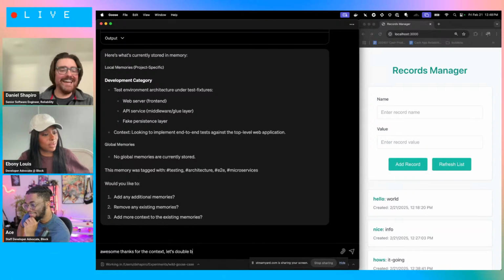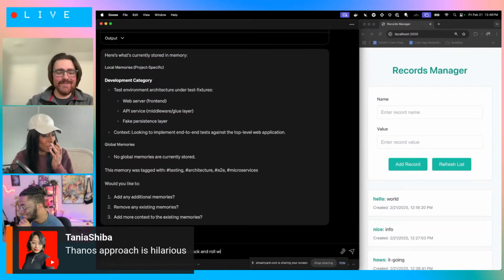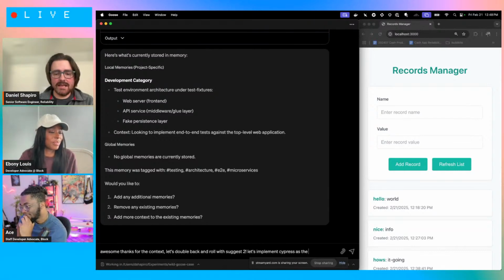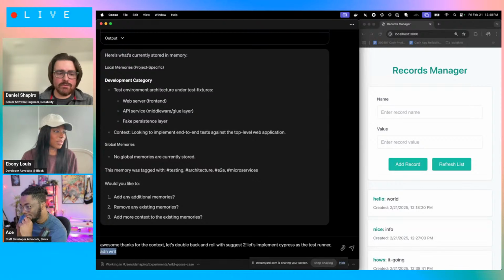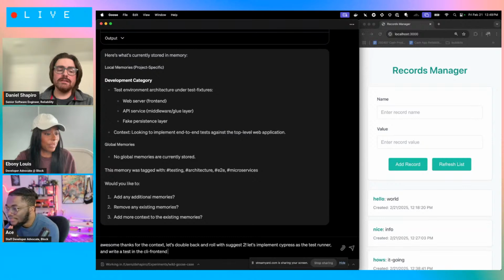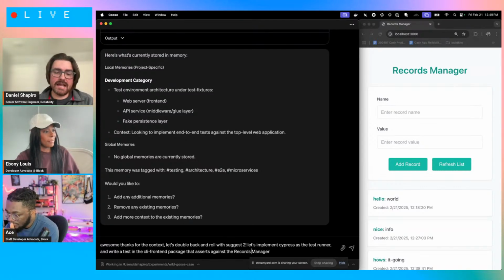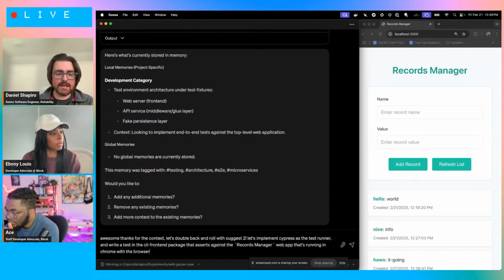Very polite. Yeah. Let's double check and roll with suggestion 2. Let's implement Cypress as the test runner and write a test in the CLI front end package that asserts against, and assert is just sort of a fancy test word, that asserts against the records manager application. And again, I'm going to leverage Goose's ability to take a screenshot and see things that are happening in my live environment against the records manager web app that's running in Chrome with the browser tab of the